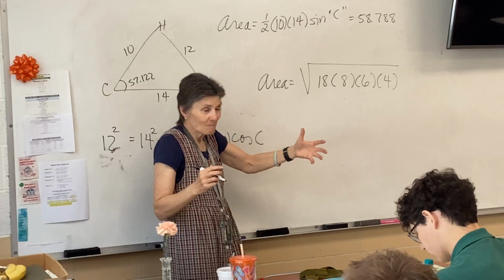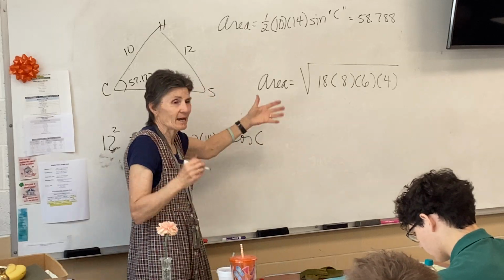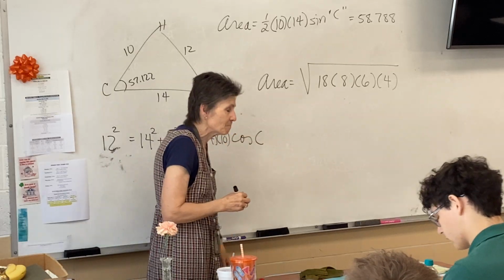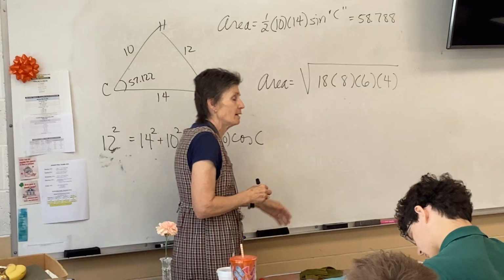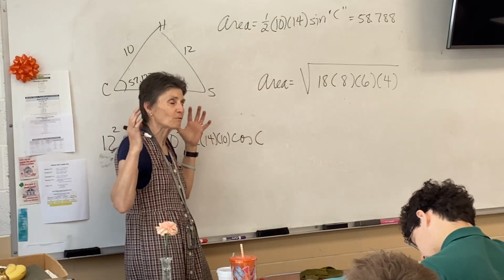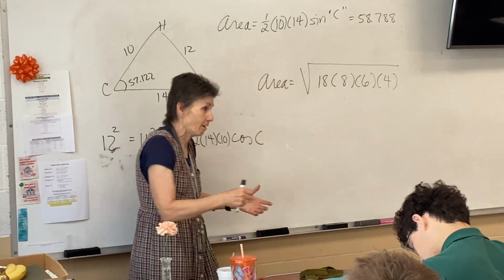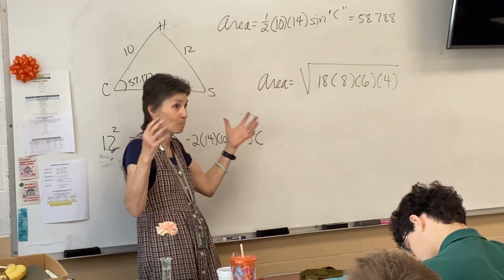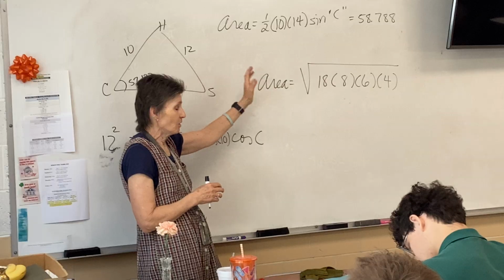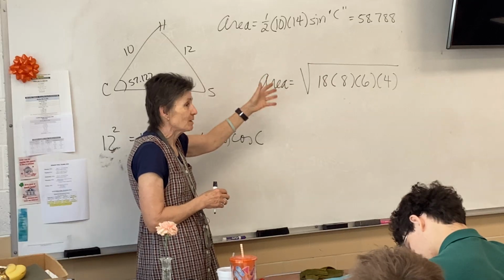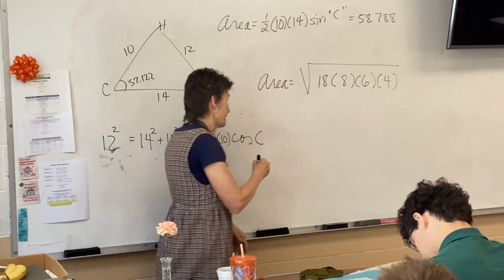So cool! This is called Hero's Formula. Actually, it's Heron of Alexandria. He's so smart. These guys are figuring this stuff out without calculators. I mean, they're doing it on the beach in the sand. These guys are brilliant. And a long time ago, he figured out that you could find the area of a triangle